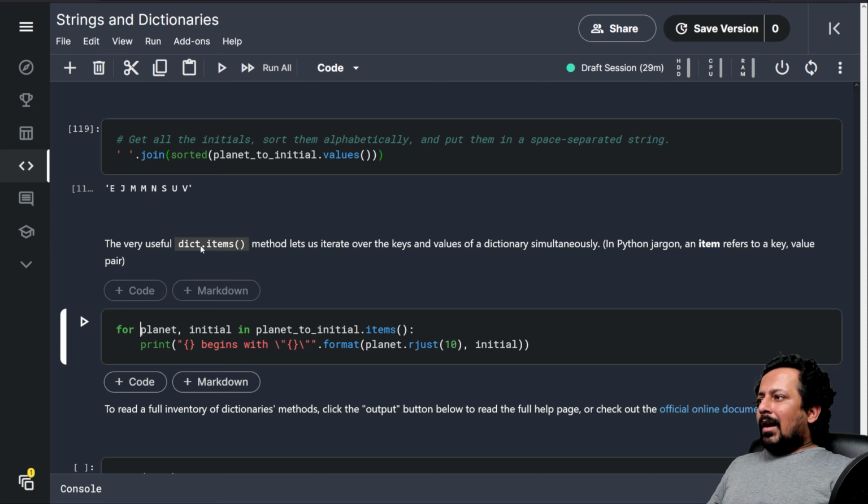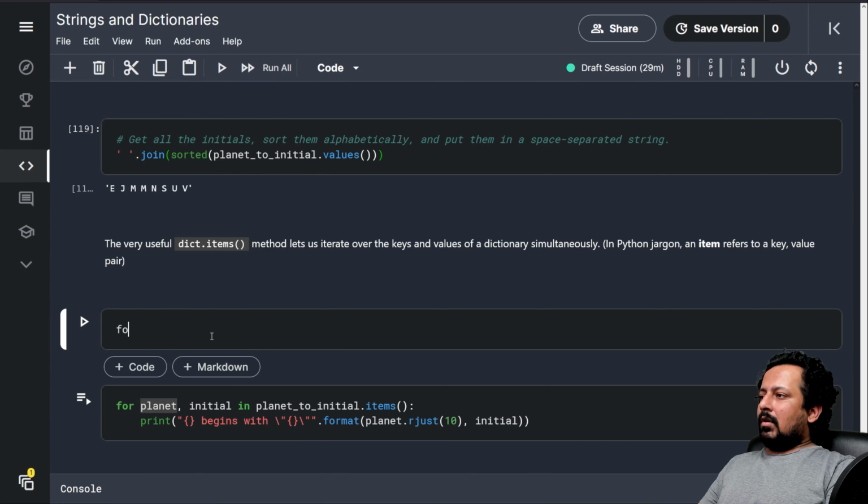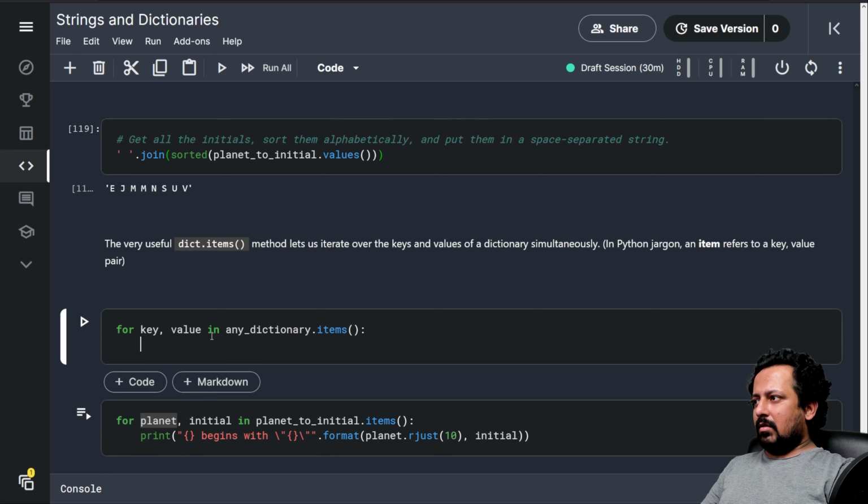You can also iterate over dot items. So you can say for key, comma value in any dictionary dot items, and here you can print key, comma value.